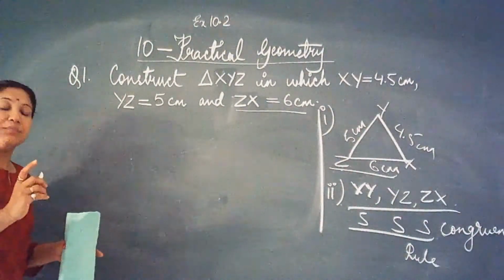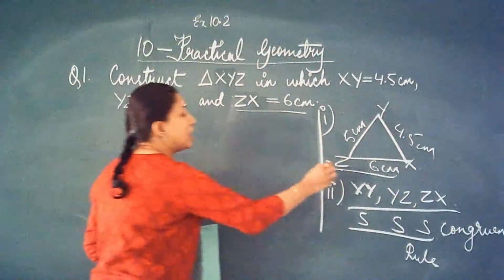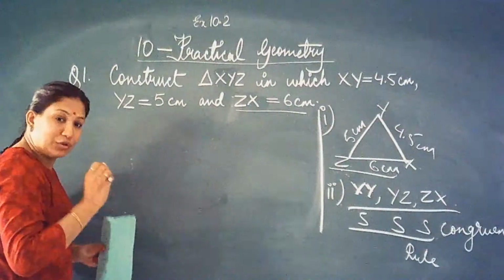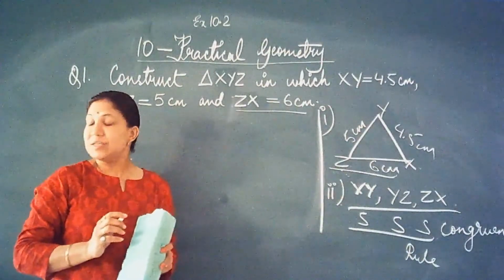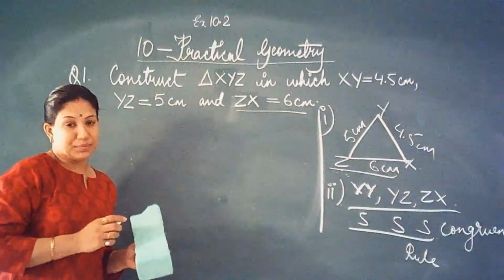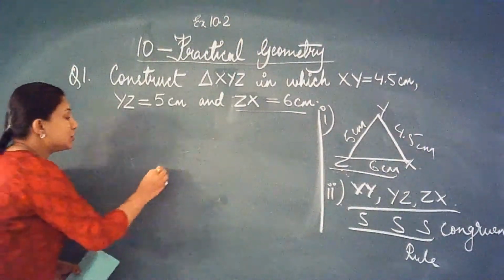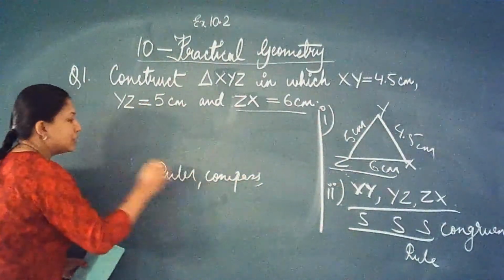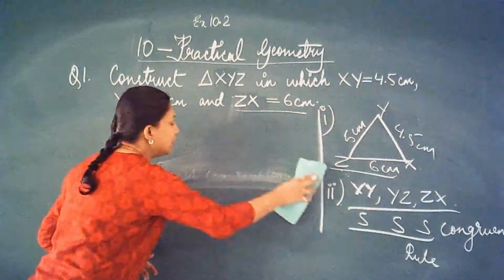The first step is, because a construction of a triangle is asked, you please do not directly start with the base of the triangle measuring 6 centimeters. First, take out your rulers. Please do it with the ruler. Here I do not have my stationery. Once I get my stationery, then I will also show you using my compass. Okay. So for now, you will do as I say. You will use your ruler, you need your compass, and you need a sharp pointed pencil. Be ready with these three things.